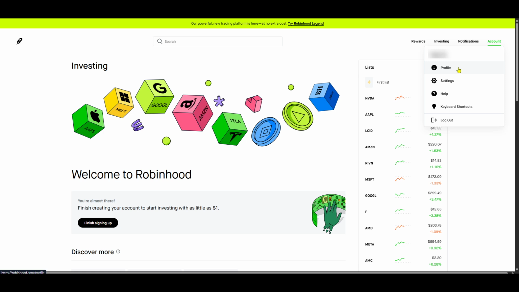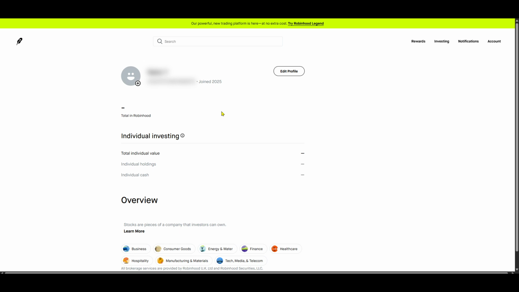While still in the Profile section, look around until you find an option labeled Total. This is the moment you've been waiting for. Clicking this option will provide you a comprehensive view of your total profit from all your investments on Robinhood. It's an efficient way to gauge whether you're on track with your investment goals or if there are aspects of your portfolio that need reevaluation.